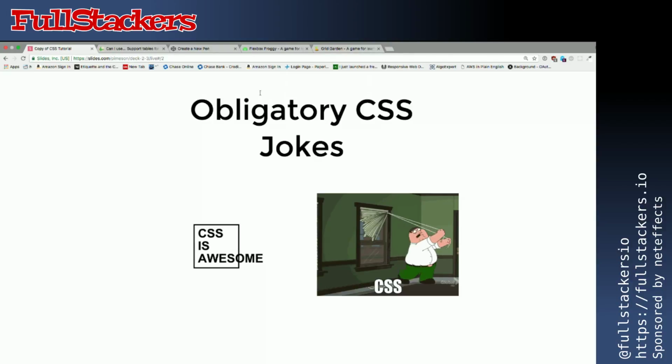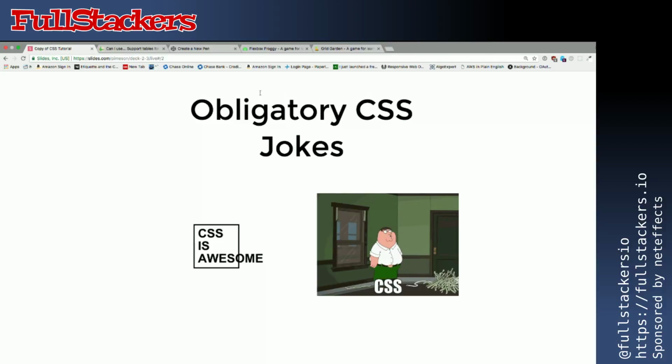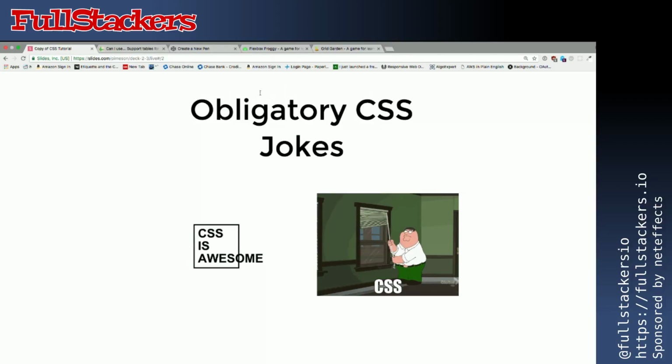Who has a love-hate relationship with CSS? Who hates CSS more than they love it? Okay, wow. I'd expect more people to hate it, but that's good. CSS can be really finicky. It can seem really brittle sometimes, and part of the reason for that, I feel like,